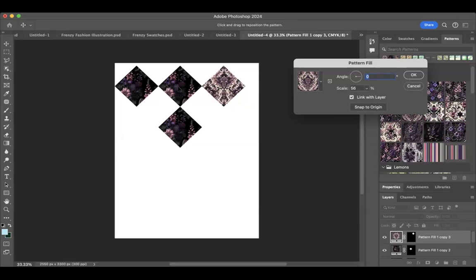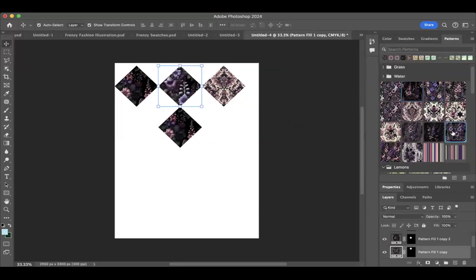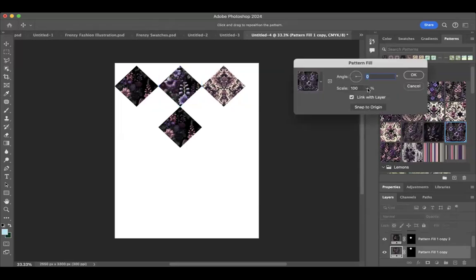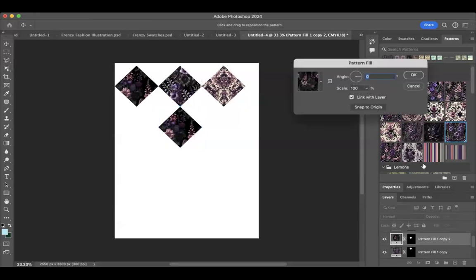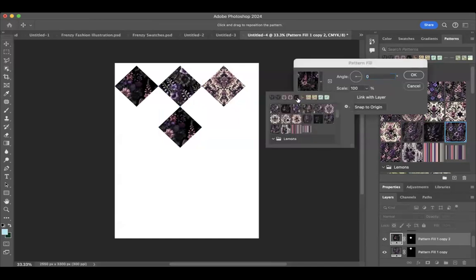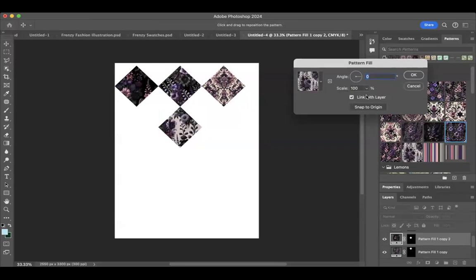Okay, then I'm going to do another one. And make that a little smaller. Maybe angle it a little. And then finally I'll do a third one and just hit OK and fill it with something else. Here we go. Okay, so you were all very familiar with the cookie,